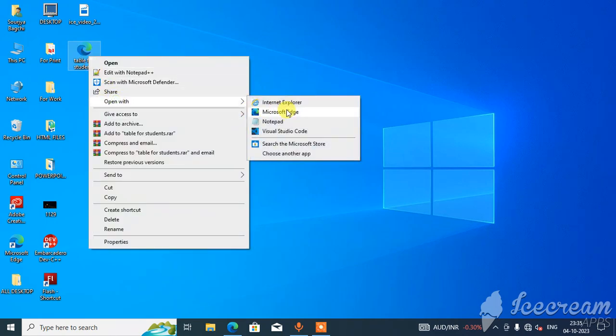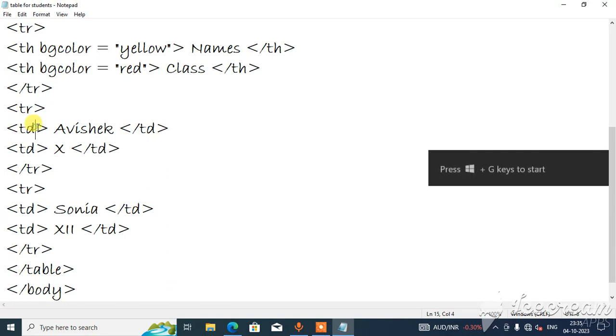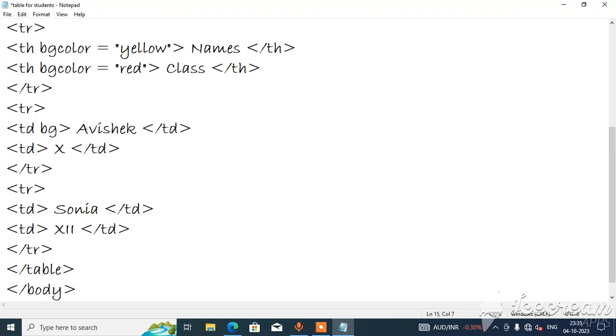Right click, open with Notepad. So td, let's type here bg color equals